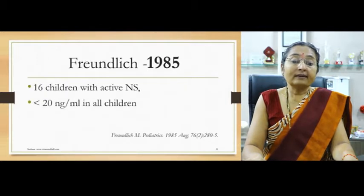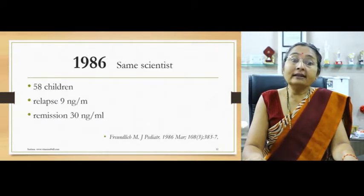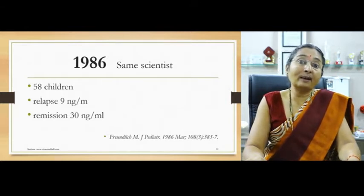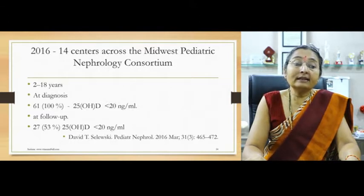nanograms per ml. In 1985, 16 children with active nephrotic syndrome had a vitamin D lower than 20 nanograms per ml. In 1986, same scientists showed in 58 patients that in relapse the vitamin D were as low as 9 nanograms per ml, and in remission they rose to 30 nanograms per ml. In 2009, 12 nephrotic syndromes with normal renal functions had vitamin D of just 4 nanograms per ml, while control was 37 nanograms. Then in 14 centers across the Midwest Pediatric Nephrology Consortium, in 2016,